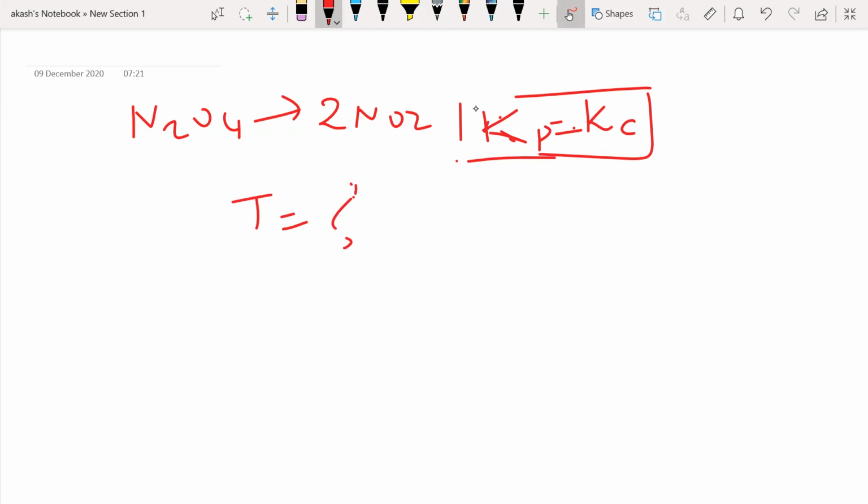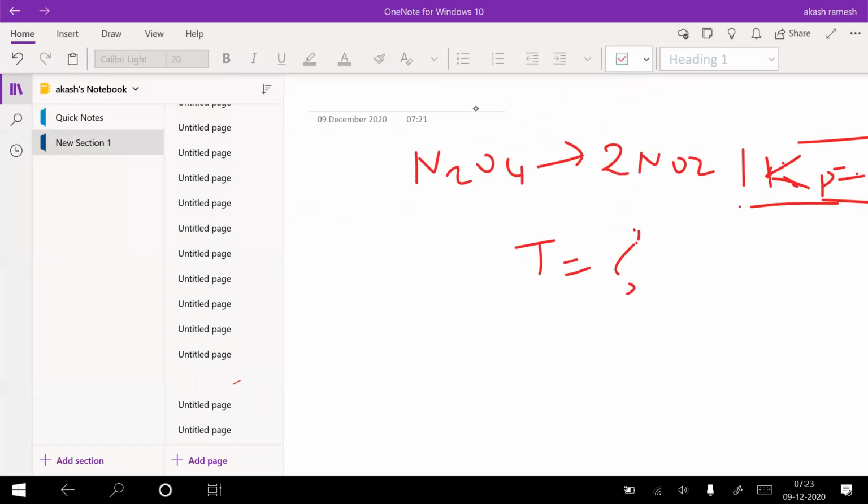Now it's a pretty easy problem, just formula substitution. But if you don't know the formula, people, I'm really sorry, this easy question also you will not be able to answer. So tell me, what is the connecting equation between Kp and Kc? If you have your notes, go through your notes and quickly tell me. Kp equal to Kc RT raised to the power delta N. Exactly, that's the equation.